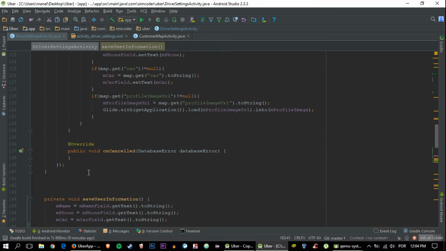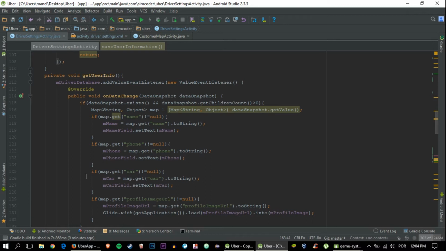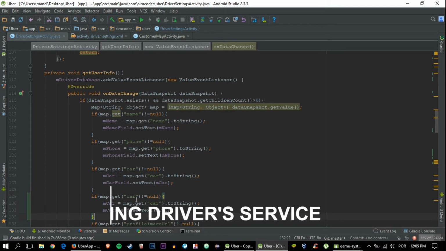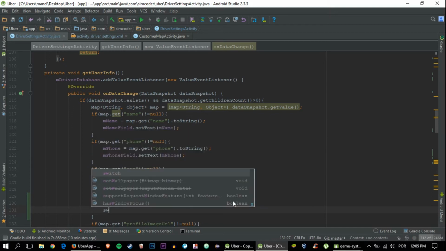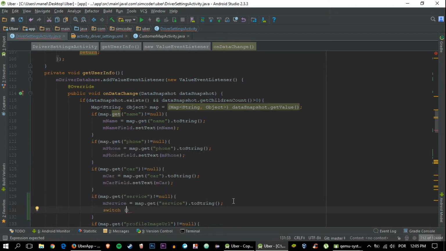Now to get it from the database, we need to go inside the get user info. Okay, and we can simply copy and paste this here, and instead of car it is service and service. And now to know which radio button to place it in, we are going to do a switch. A switch statement is basically an if, but looks prettier in these situations. And service. So case this end service is equal to Uber X,